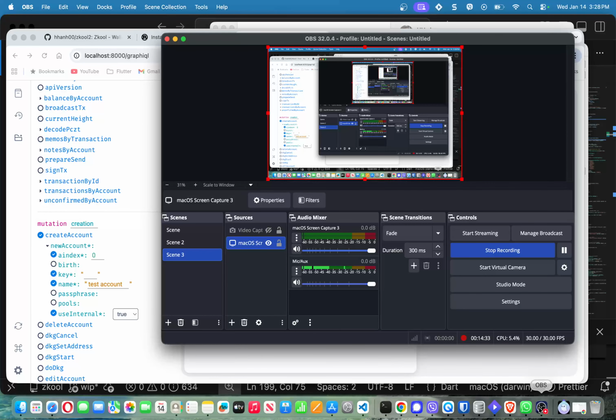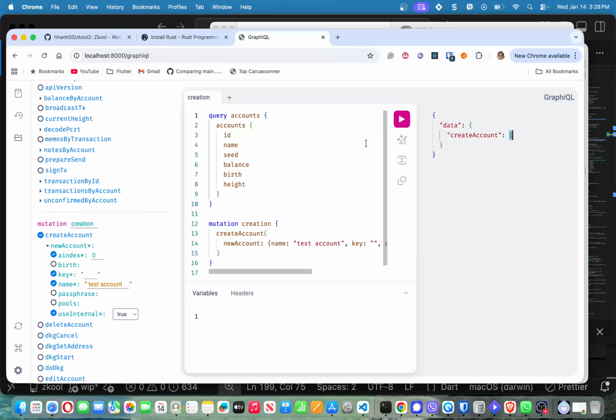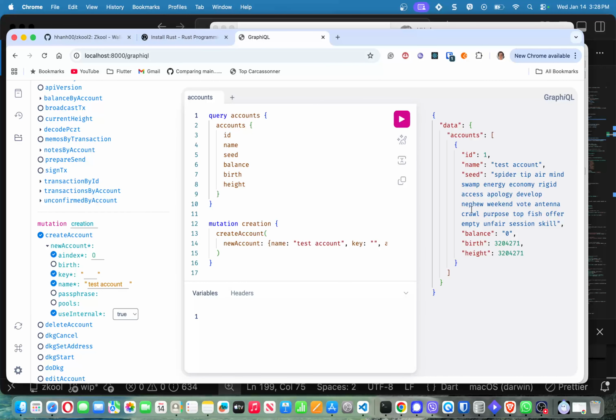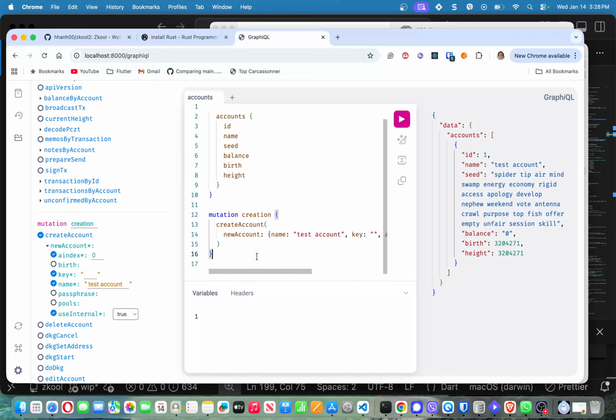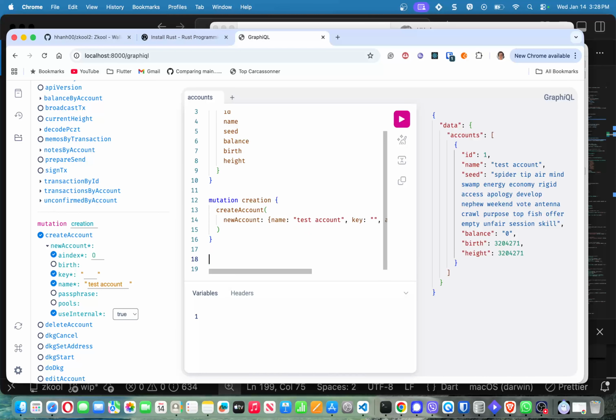so I'm still recording, right? I should see this account. So it gives me the seed, which in this case I want to back up. Birth is this one, height is this one, balance is 0. All right, so I have my new account. What I need to know now is the address of this account. So I need